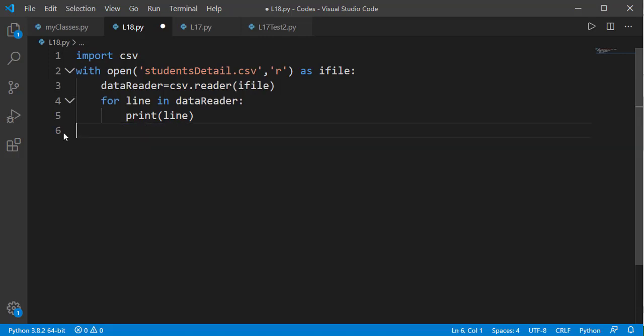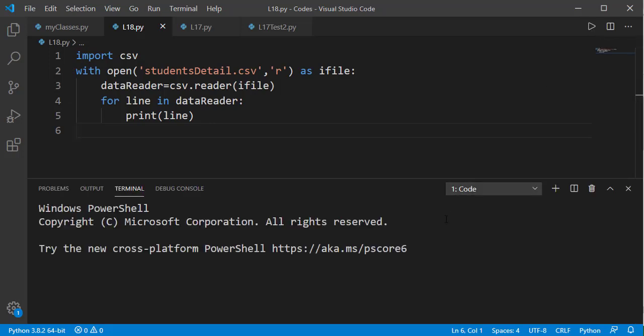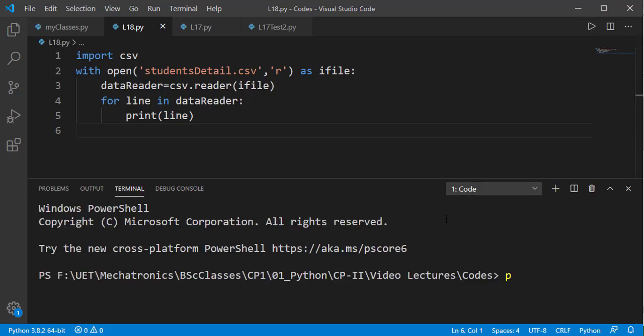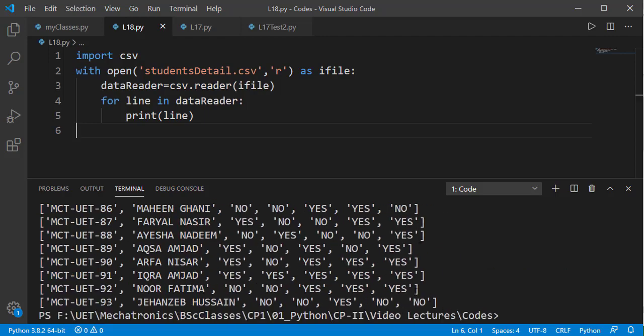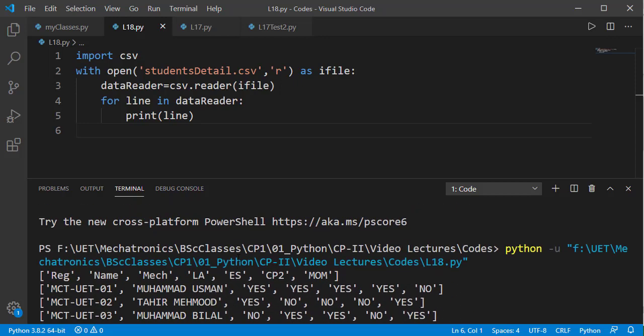We do not need to use the close method, as the context manager will do this by itself when the code block is completed. If we run the code, you can see each data line is a list having the elements on that line separated by comma. The first line is kind of a row header indicating what each value means.